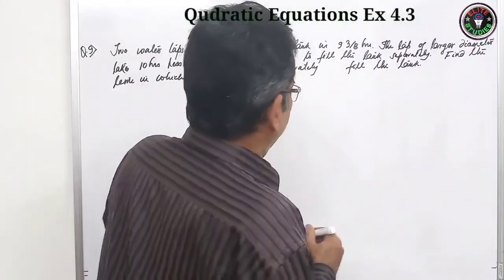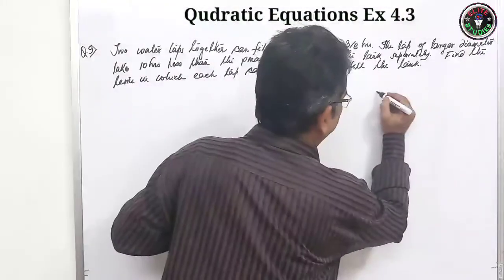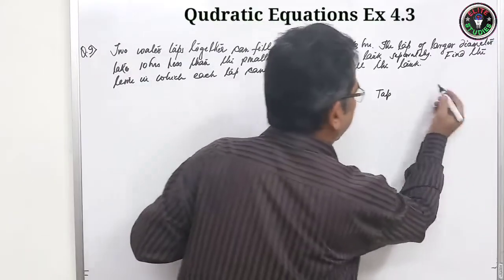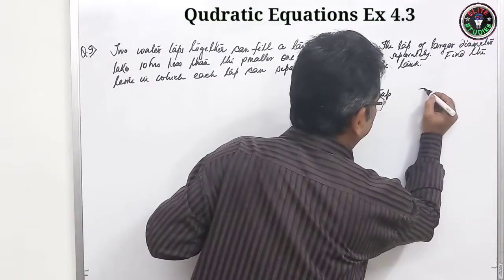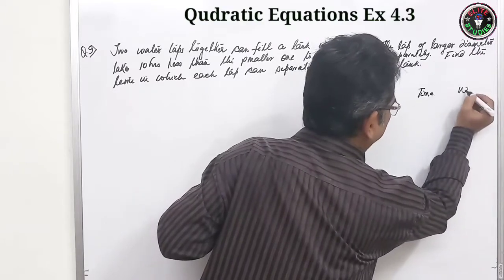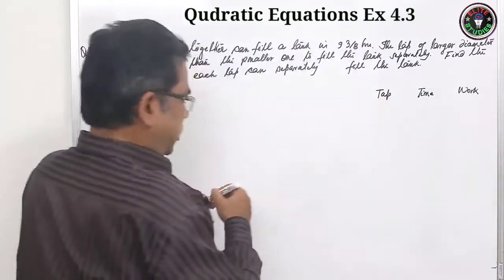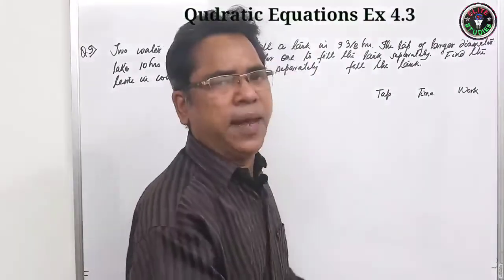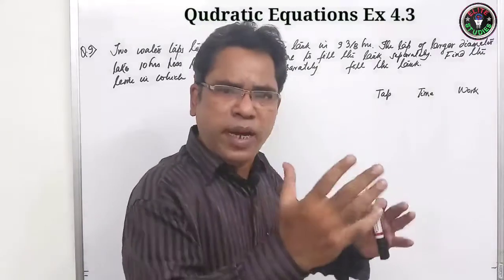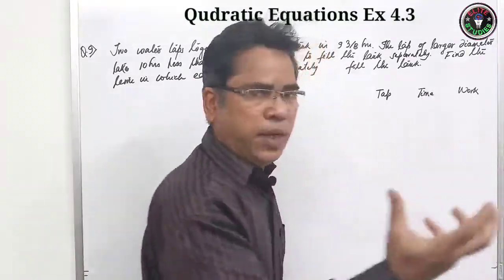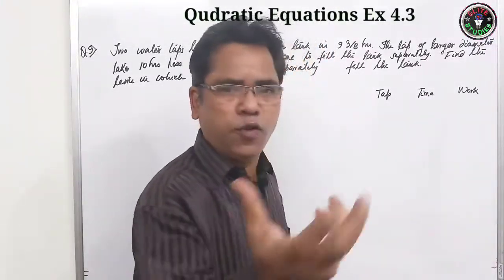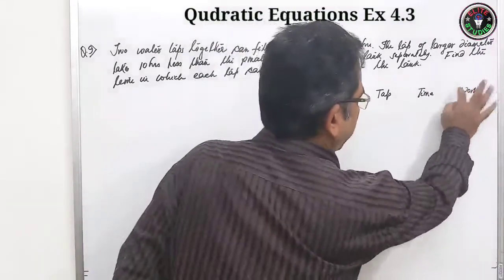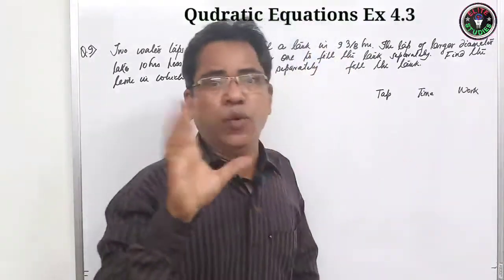Here, what are the things? One is the tap, a larger diameter tap and a smaller diameter tap. Another is the time, definitely, and the work. Here the number of taps may vary, one tap, two taps, five taps, larger diameter, smaller diameter. Time, definitely, to complete a work you need some time. Suppose you are given a question paper, you need some time to complete it. Without time you cannot. Now work, the main thing is work.